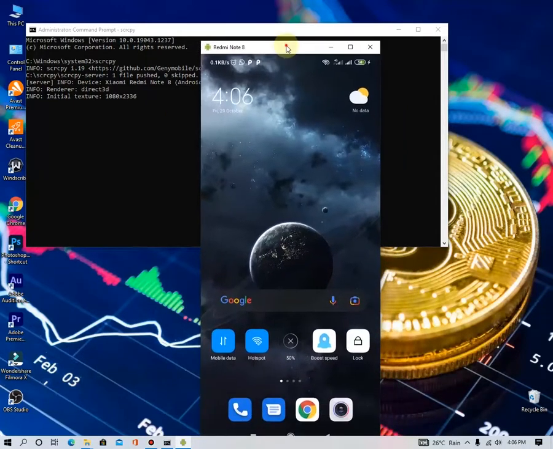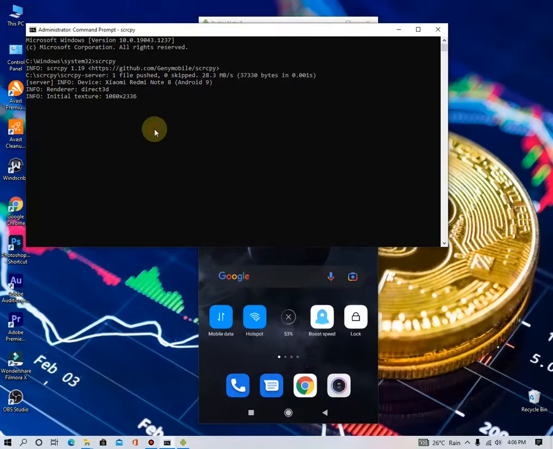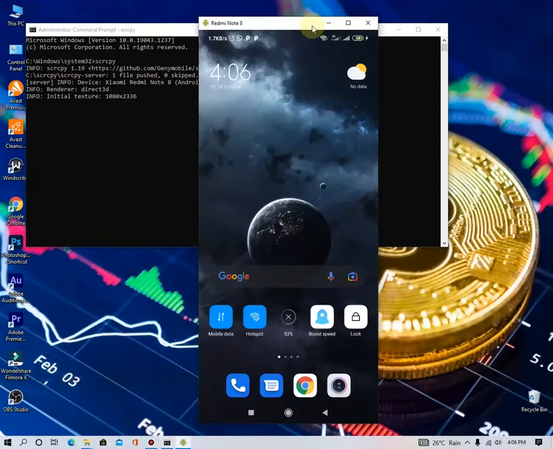But there is a little problem. If you add the scrcpy path to the environment variable, and if you use the built-in screen recorder, the recorded file will be saved in the System32 folder. You can get those recorded video files from the System32 folder, but it will cause trouble if you accidentally delete any file in it. It will cause the corruption of your Windows OS, so if you're not willing to record using the inbuilt screen recorder of scrcpy, just go ahead and add the path to the environment variable.